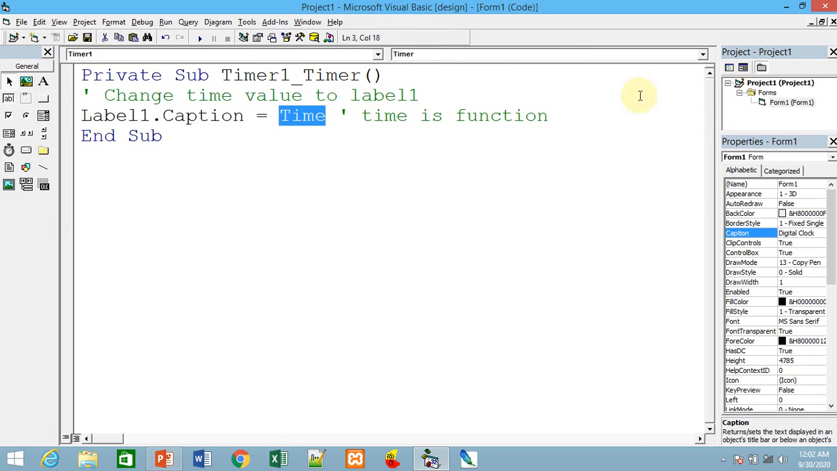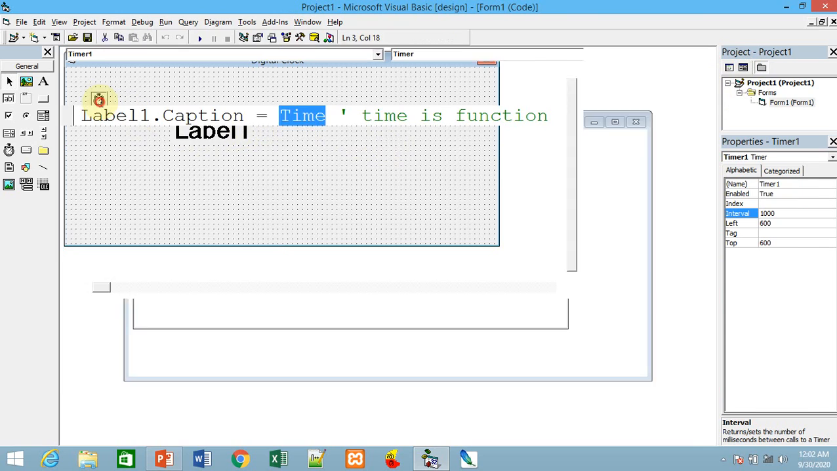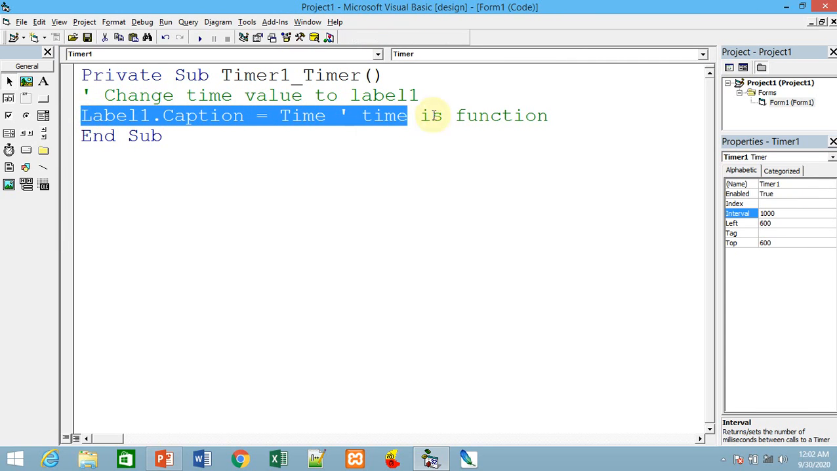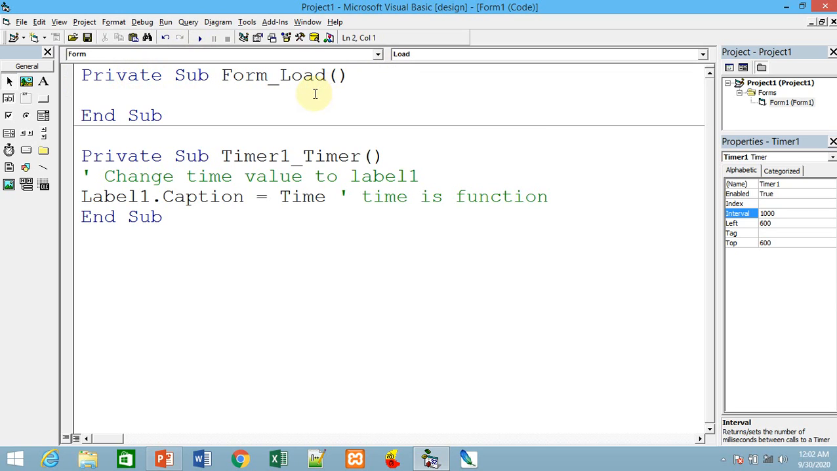So in order to make this Label1 invisible, or whenever you run the program, the time should be displayed automatically. That means you should go for the Form Load event. Once again, in the Form Load event, same copy and paste, that is Label1.Caption equal to Time,